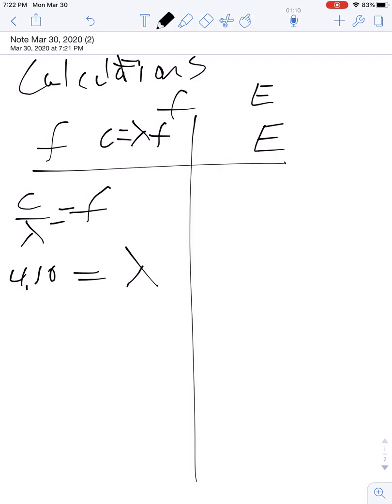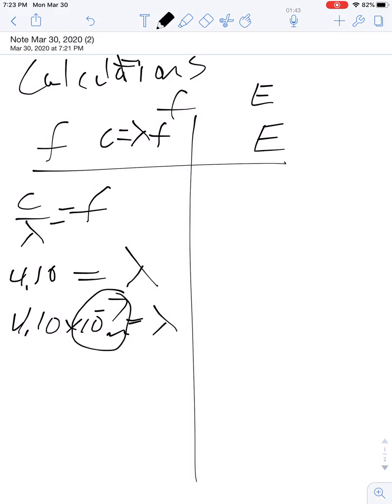So to convert that to meters, we would multiply it by 1 times 10 to the negative 7th. So all of those wavelengths on the front page should actually be times 10 to the negative 7th in meters. Okay? So every one of the numbers you recorded on the front page is actually times 10 to the negative 7th